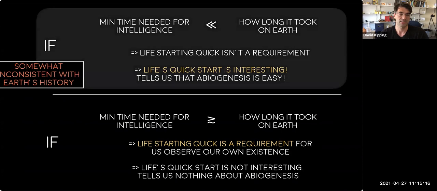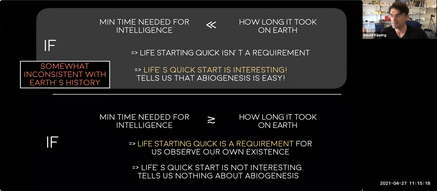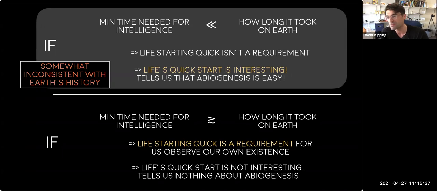So these are the two cases, but this top one, as I pointed out, is inherently suspicious because it's kind of inconsistent with the example of evolution that we saw on the Earth. And that's not just driven by complex life. It's all of the transitions in the evolutionary history as well, which clearly also took the eukaryote evolution, oxygenesis, photosynthesis. All of those transitions took many hundreds of millions of years to evolve. So we might have some suspicion about this. And therefore, the quick start to life is maybe not as useful a data point as we thought.